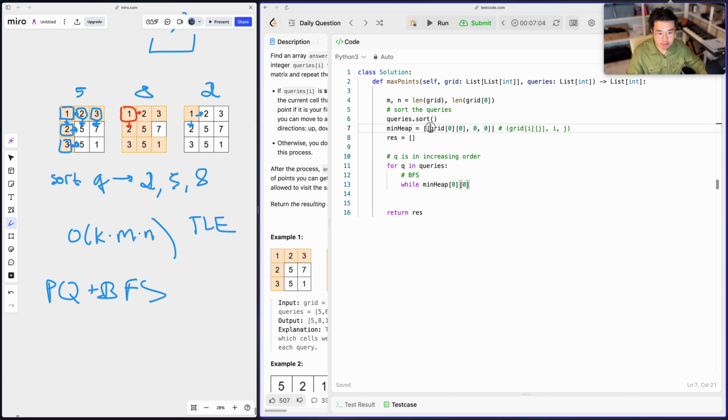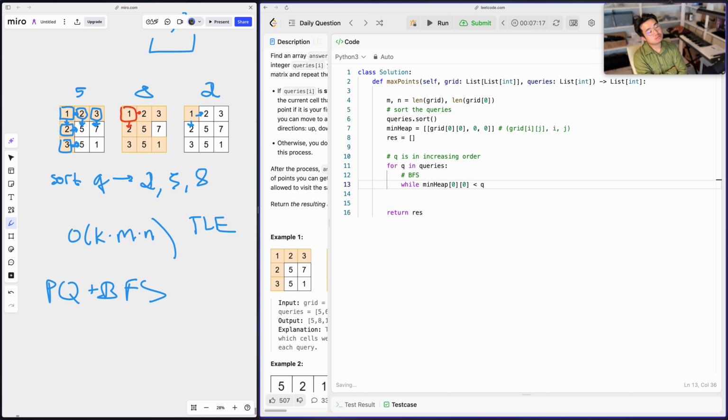0, which is the value, while the smallest thing in the grid is less than the Q for that query, then we know that we can do the points, right? But we have to make sure that there's stuff in the min heap. So while min heap and min heap 0, 0 less than Q,